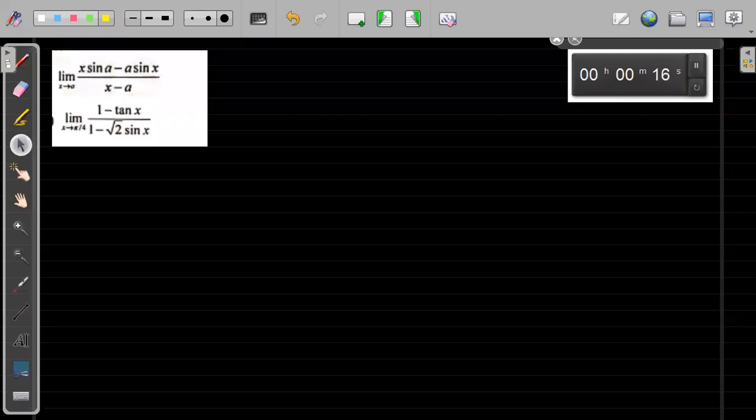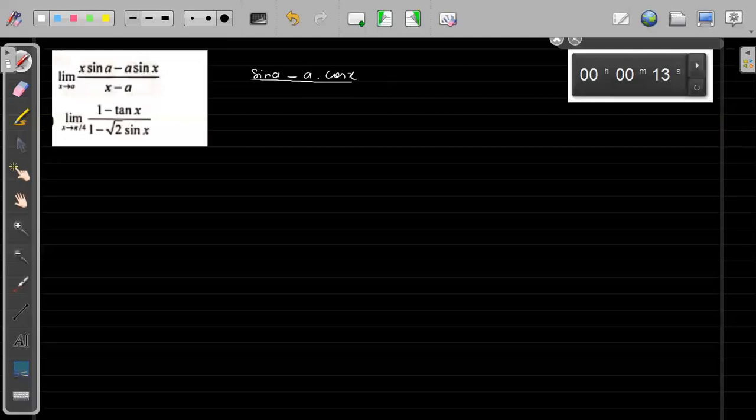Yes. So see, you have differentiated numerator and denominator. Okay, all of you must have differentiated numerator and denominator. We can still solve this by differentiation, but differentiation will be very simple. This is x into sin A. So differentiate, because this is 0 by 0 form. So x into sin A will become sin A minus A into cos x, divided by 1 as x tends to A. So this is sin A minus A cos A, because this is limit of x tending to A. So this will be the answer. First one, everybody got this.